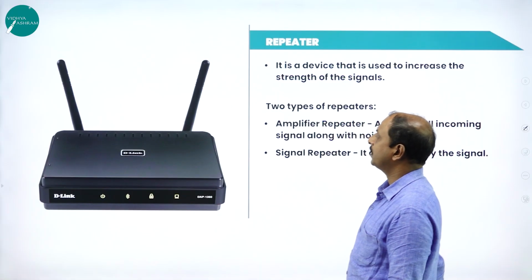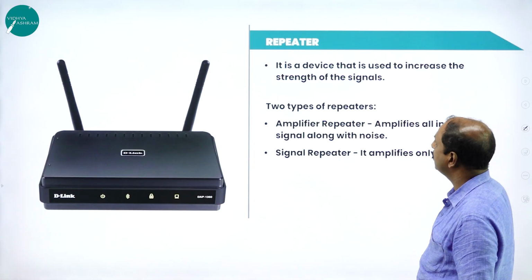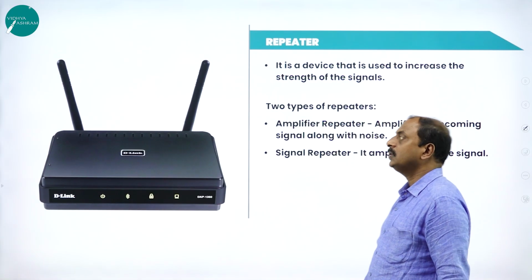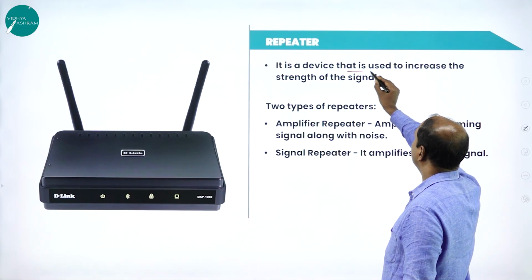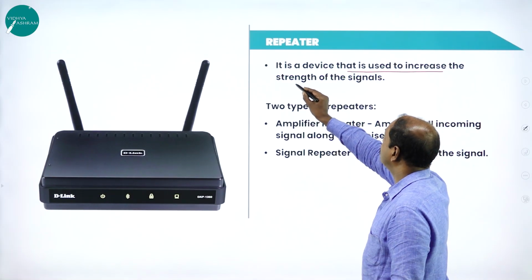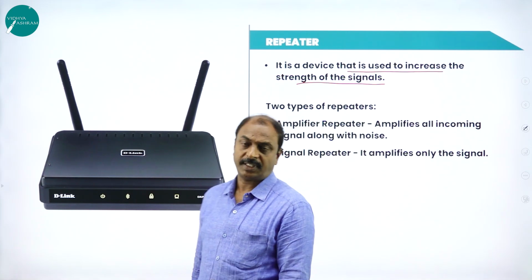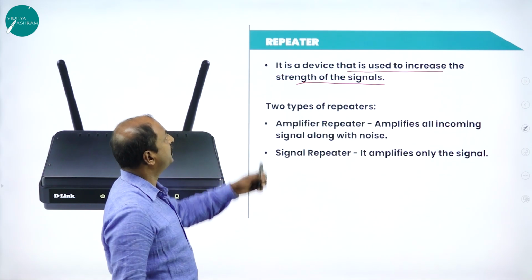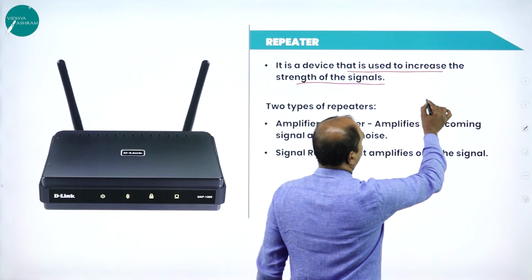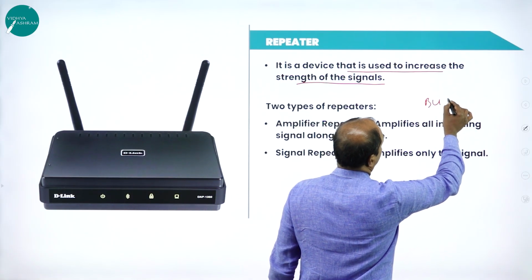You can look at the diagram or image of this. So what is a repeater? A repeater is a device that is used to increase the strength of the signal. Normally, we are using this in our bus topology. If you remember the bus topology,